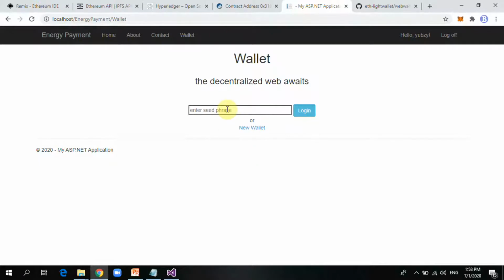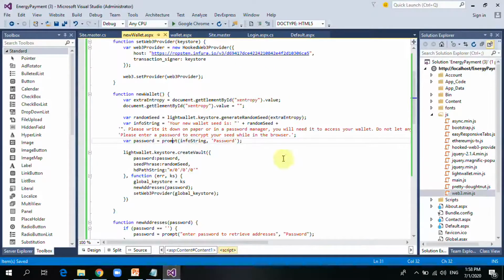So the idea is we enter our seed phrase here, and then after entering it here, I click on login, and then it logs me in to this wallet, and then I retrieve my balance. So that is the idea. Now, that's very easy. So we're going to program that now,